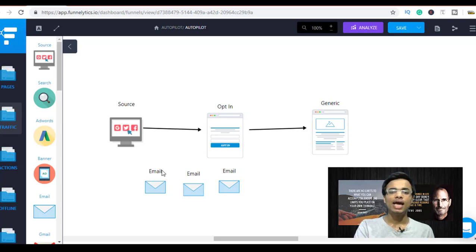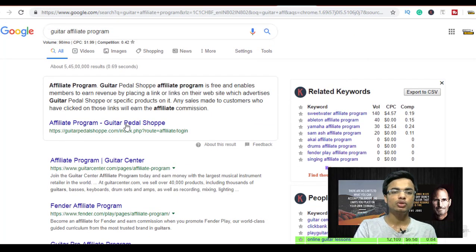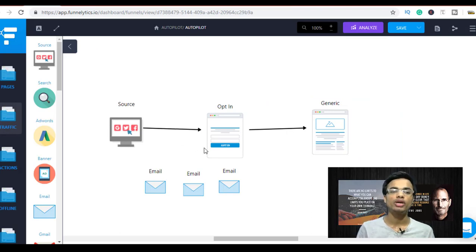The second thing is, instead of just sending low-priced products, like $10-20 products, to the email list you are building, you should start selling high-ticket products, where you are going to get over $500 commission. But how can you find high-ticket products? For that you just need to look through all of these affiliate programs and check how much commission they give, whether it's more than $500, because when you sell high-ticket products, you get more and more commission, and you can easily go from $100 a day to $200 a day, even if you have a small email list.